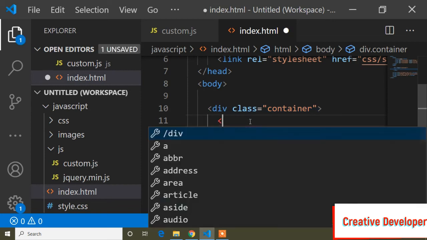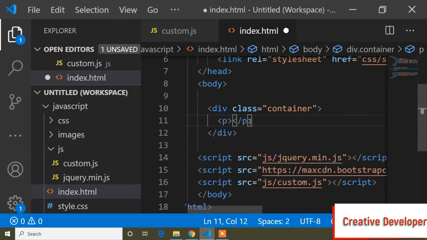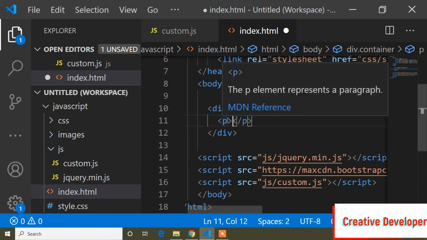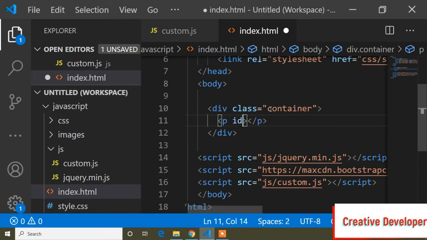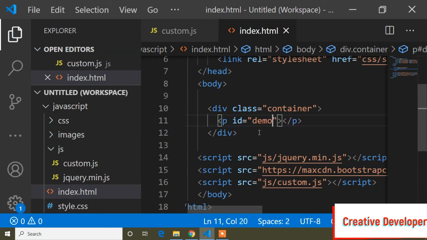So here I can write a p tag, and now if I want to print this value inside this p tag, I can write here id equals to, suppose demo, and now I want to print this value inside this demo. So guys, I can do it here.